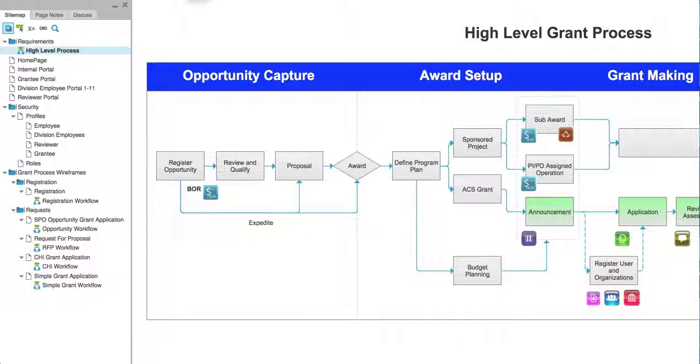Hi all, I just wanted to give you a quick introductory video on how to use the ACS Wireframe model for the grants application at ACS. This model has two basic panels. The panel on the right is the detailed view of the application forms and workflows that we're going to build in Flux. The panel on the left contains a sitemap of the entire application that we've built to date and